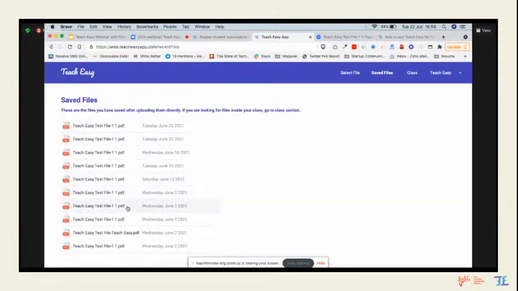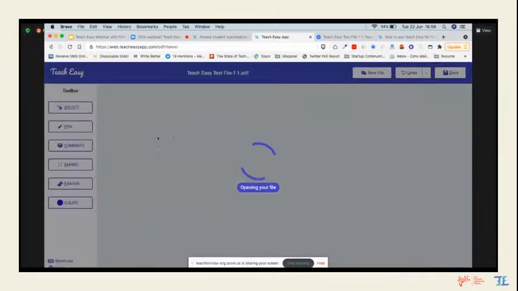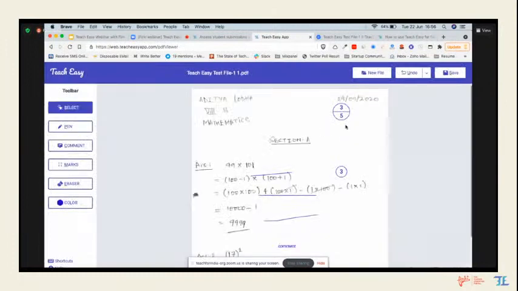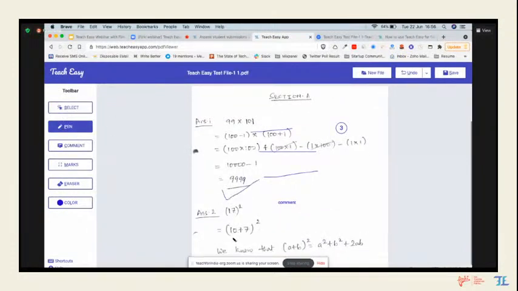All the files that you correct appear here. You can just open the file, and this is the last file that I checked in front of you. This is exactly the same file. If I want to do any editing, I will do some editing. Let's say I missed giving marks, so I'll add 4 marks.